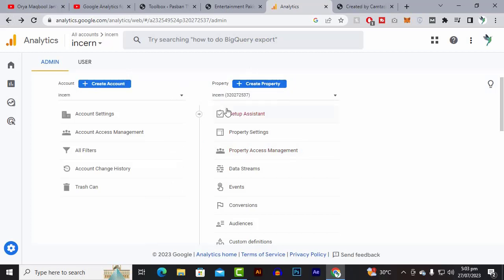Then they will give you a code or the property ID, like you can see here under this incern, you can see this ID. This type of ID you will get, and you can paste that ID into your website header, or we have some other WordPress plugins by which you can track your website visitors right away. But